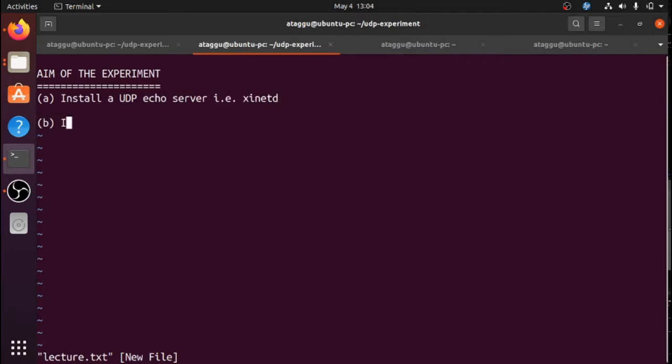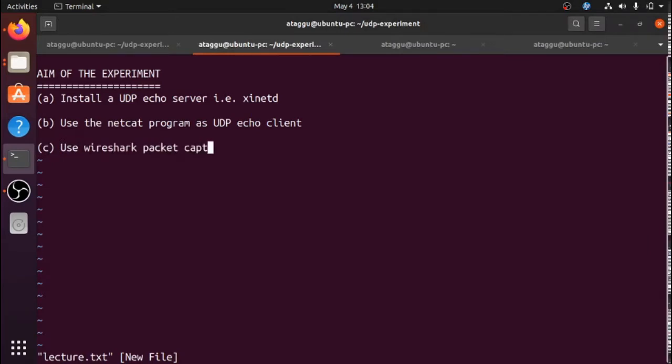B, to use the netcat program as a UDP Echo client. Okay, and part C is to use the Wireshark packet capture program to study UDP Echo behavior. So these are the three things that we want to do today.